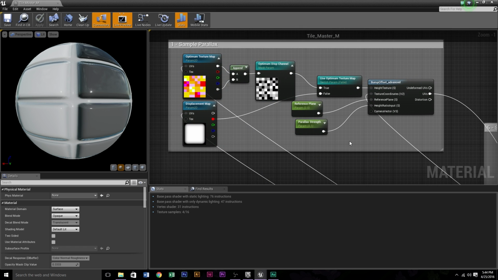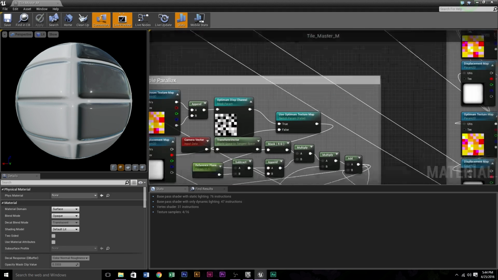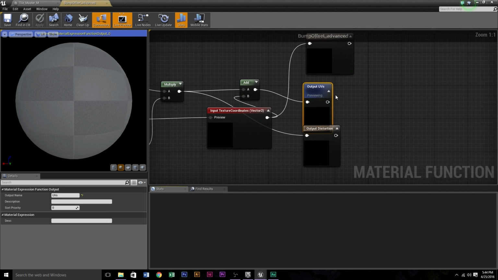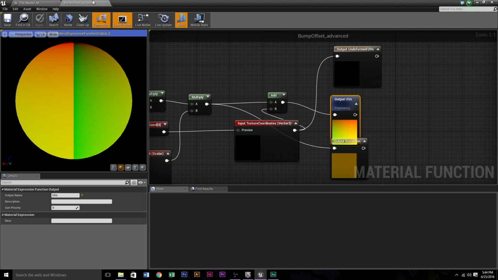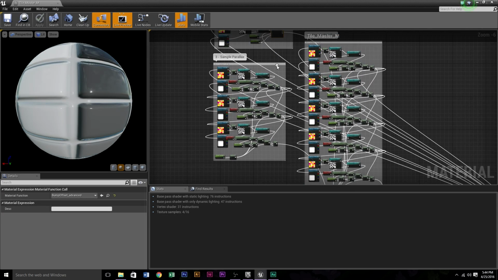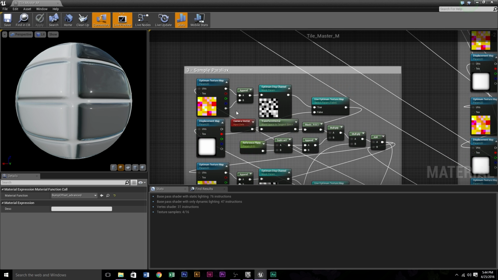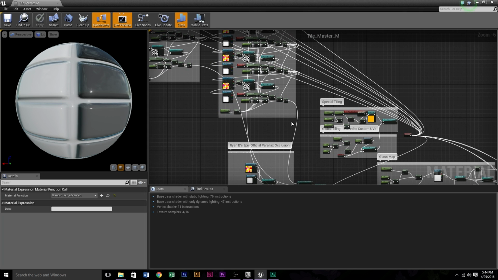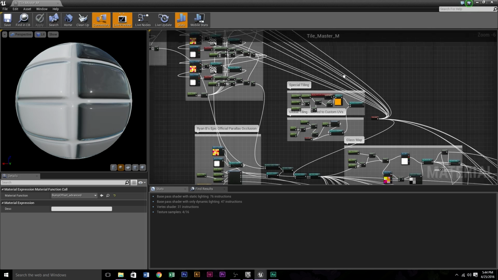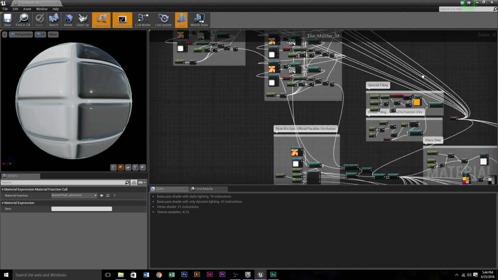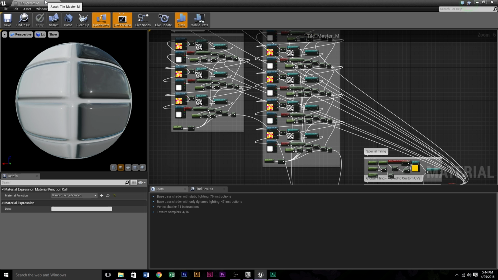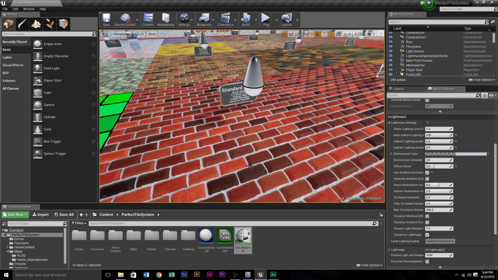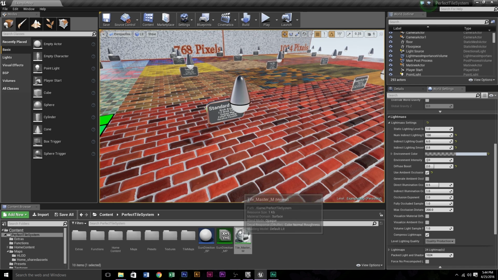And if you look, it's all expanded. There's no custom nodes here. I'm not using the bump offset node here. I'm using all expanded nodes and material functions, and there's a crazy reason for that. For some reason, I'll have to get into that later. But the benefit of this system is it's cheaper. When you make your materials, it's much easier to just use this method to make your materials. It just makes the parallax rendering much cheaper. And the reason I have to do that is because for some reason, I don't know why, but